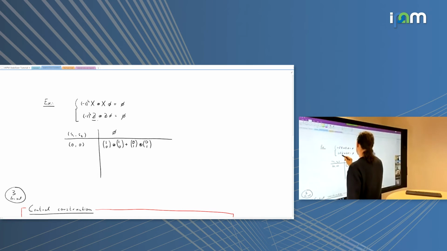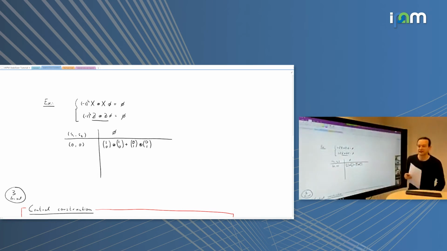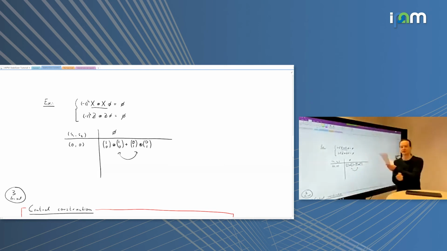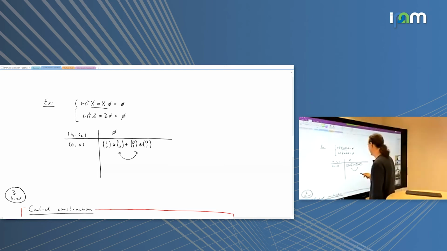Well, let's check the ZZ first. Z multiplies the second coordinate by -1, so I get a factor of +1 here times a factor of +1 there, and here I get minus times minus, and they multiply to plus, right? So indeed, Z tensor Z maps this tensor to itself. And X tensor X just exchanges the two summands, because X just exchanges the two basis vectors. And if I exchange the two summands, obviously I get back the same tensor.